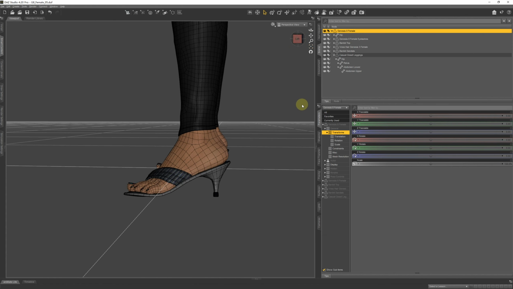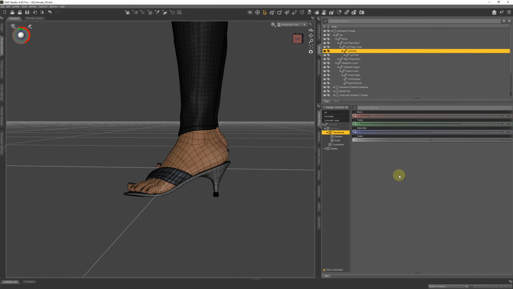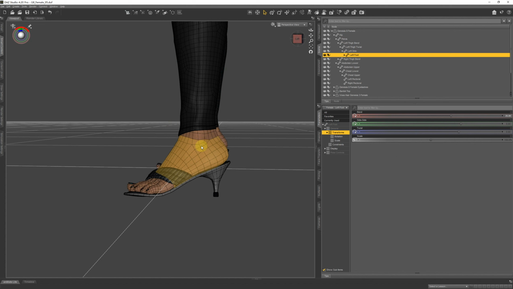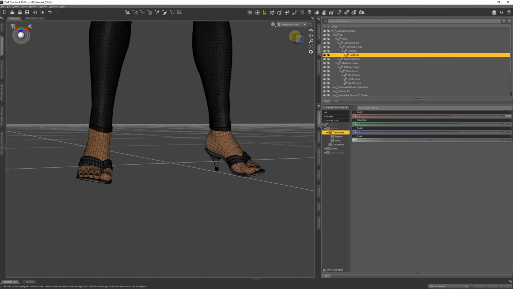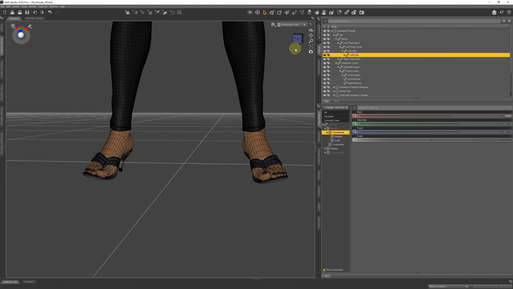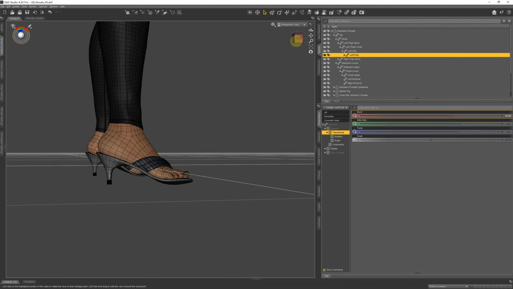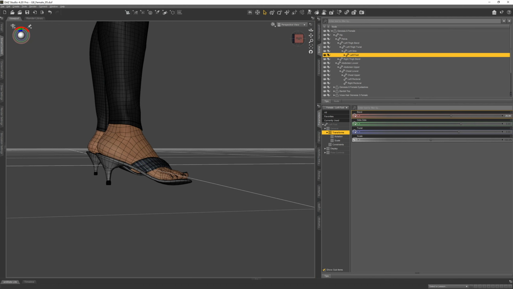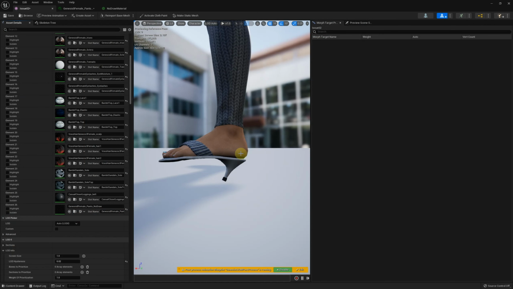Next, fix the heeled shoes. You can see there is no problem in DAZ, but in Unreal, it is not the same as DAZ.